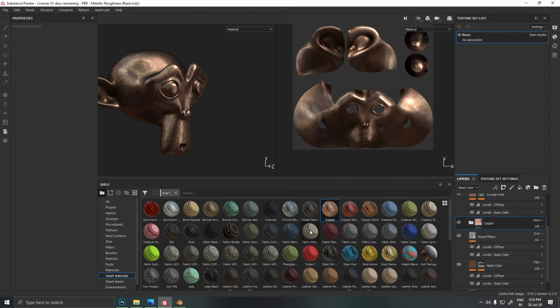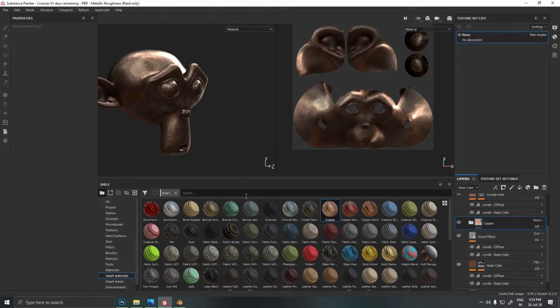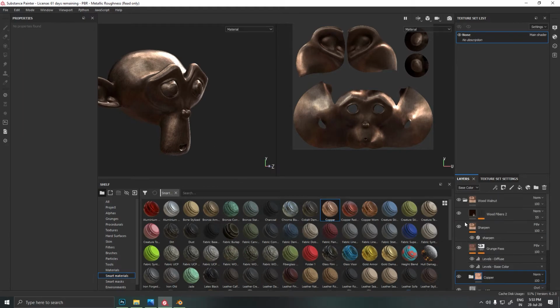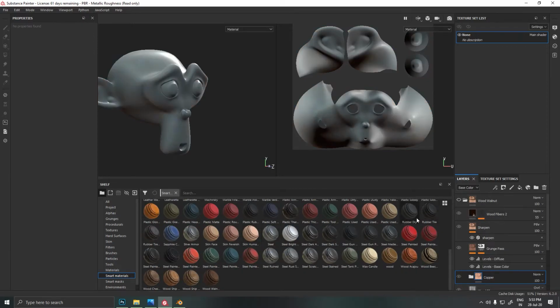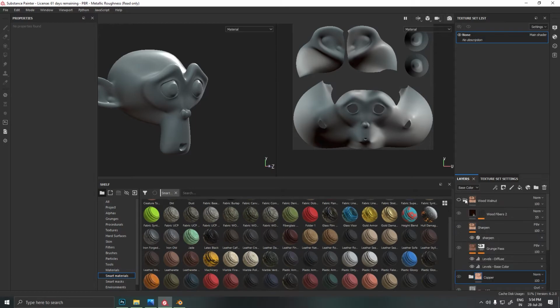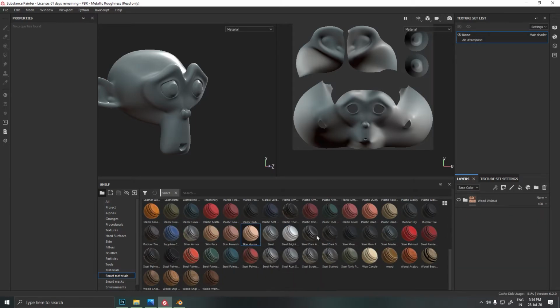For this you have to just eat up the software and use it. You have to use it multiple times to get familiar with all these materials and the process, like how to merge each texture. It all depends on your needs and what output you want. There are multiple textures. Let me hide it, close the folder, and now let me apply.